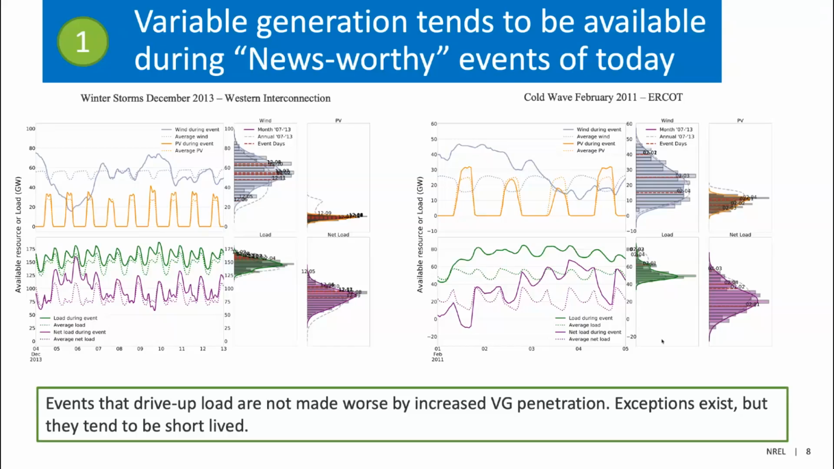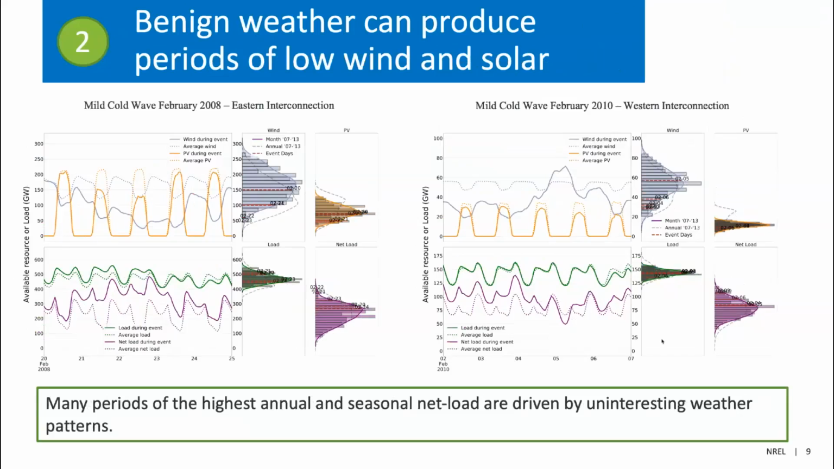If you look at the distributions, you can see that there's 2 days in both events that actually are in the high tails of the distributions of the net load. And so there are still periods during these events where the resource might be low and not helping as much. However, they tend to be short-lived relative to what we see in other types of events,